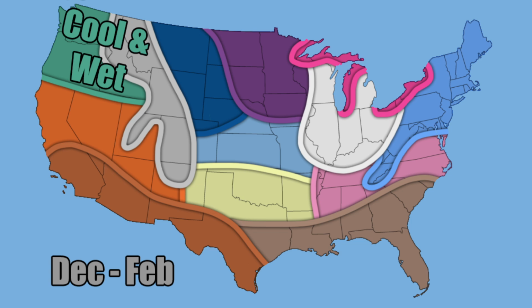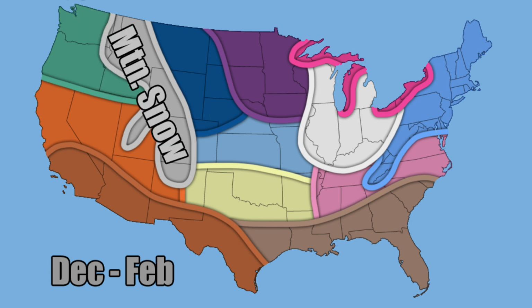Even some of the Cascades and the mountain ranges in the northwest will probably be more cool and snowy just because of their elevation. So it's going to be very elevation dependent for those regions. Mountain snow expected, and I think this is going to really vary depending on where in the Rockies you are. The southern Rockies don't expect too much snowfall, and then in the central and northern Rockies, I would say it's probably going to be near normal to maybe even slightly above normal snowfall for this winter season.